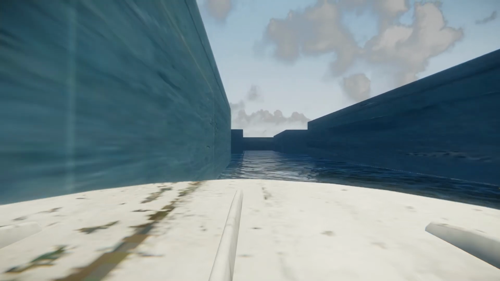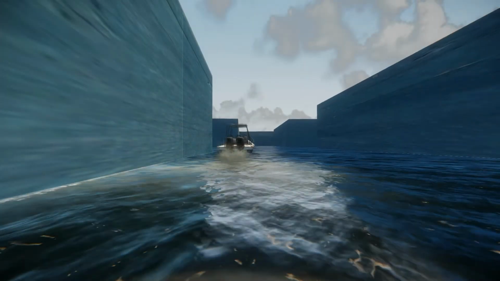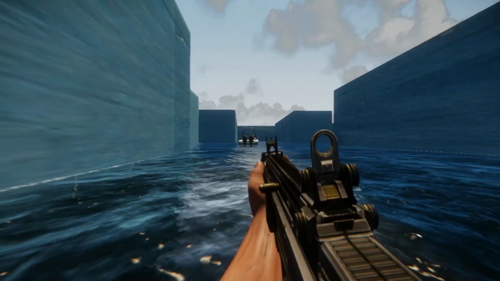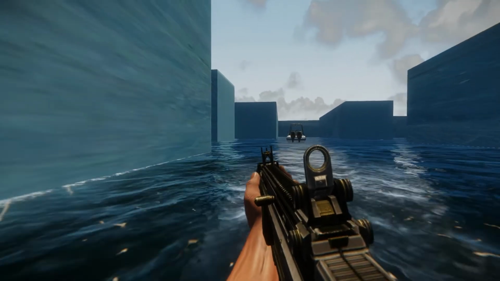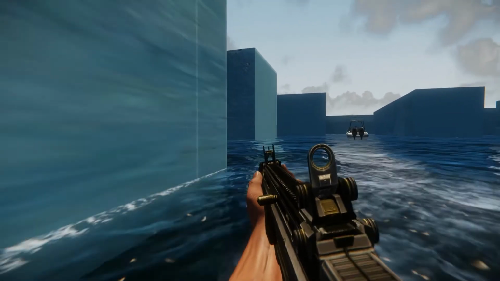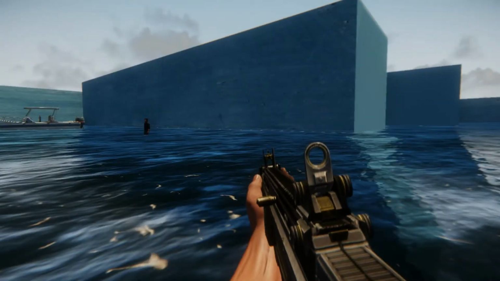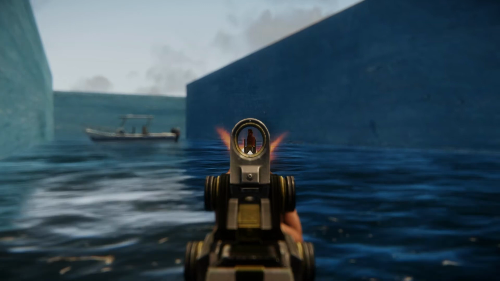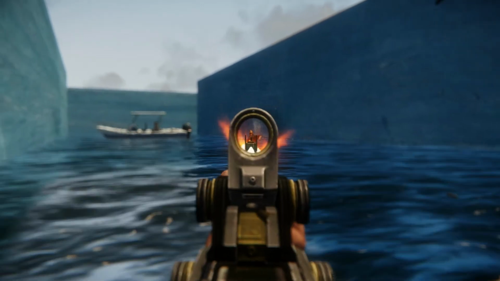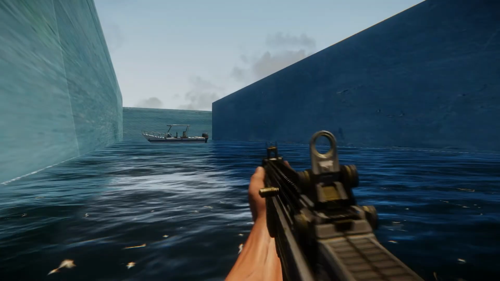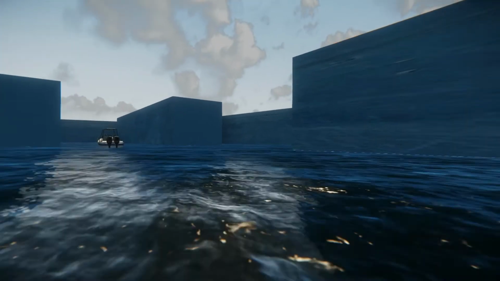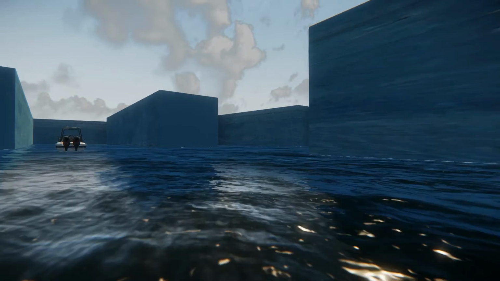He can use a boat or he can walk. So right now he's going to jump out of the boat and then he's going to encounter one of the enemies that I put in this world. He'll have to go around the corner and load his gun. I mean, all this can be done with key commands. Once he's in place, he can just start firing on the artificial intelligence,